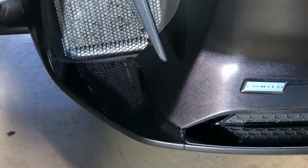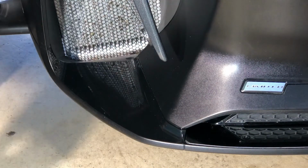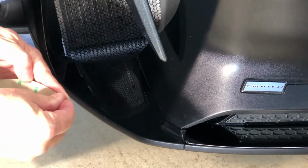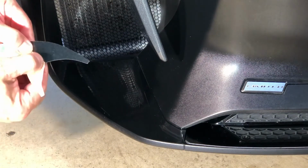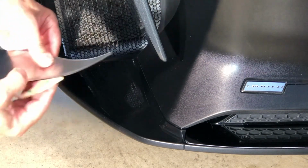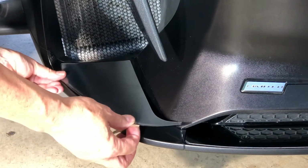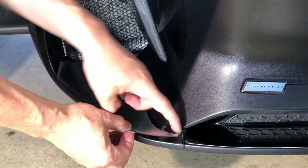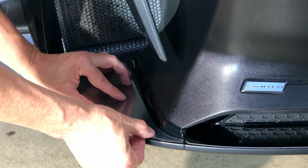Okay, so outside panel. Again, like we said, I already got a stone chip there. Let's peel back to expose a little bit of adhesive. It's nice if you fold it on an angle and kind of bring it outside the panel. Maybe we'll go this way, like that. Then you've got something to pull on once you get started. So let's dry set it in place. We're looking at the back edge along with the leading edge to that body line. So once we get it on that body line right there